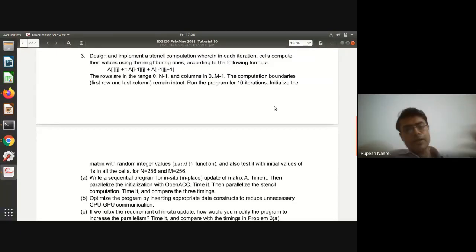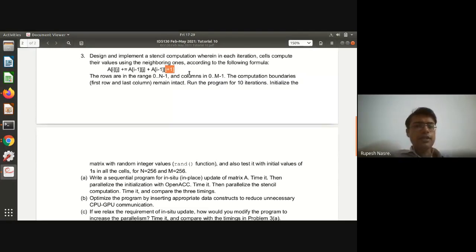So we want to implement a stencil computation. And the stencil computation essentially means that we have, let's say, a 1D, 2D, 3D array, some k-dimensional array, and we are computing the value in the next iteration from whatever is the value computed in the previous iteration. So the stencil in this case is going to be relatively simple, where I have A[i][j], which is getting computed for each of the entries, in this case a 2D matrix, from the (i-1)th row and jth element, and the (i-1)th row and (j+1)th element.